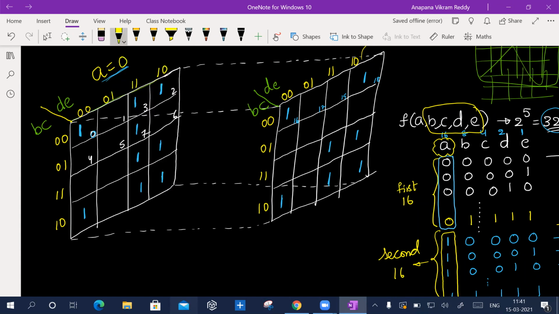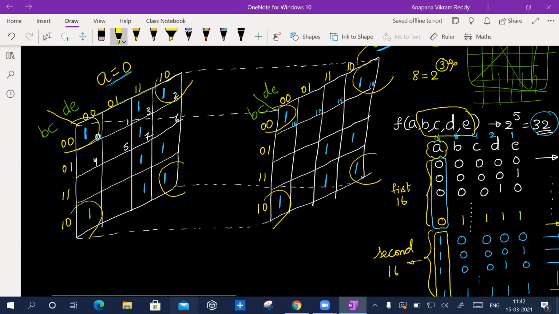Now see, one way I can do this. That means you see, with this one, agree? Yes, sir. Total how many cells do I have? 8 cells, not only 4, total 8. If it is 8, how many variables will be eliminated here? 3, sir. Yeah, very good. Because 8 means 2 to the power of 3. So 3 variables must be eliminated. And what are those 3 variables here?